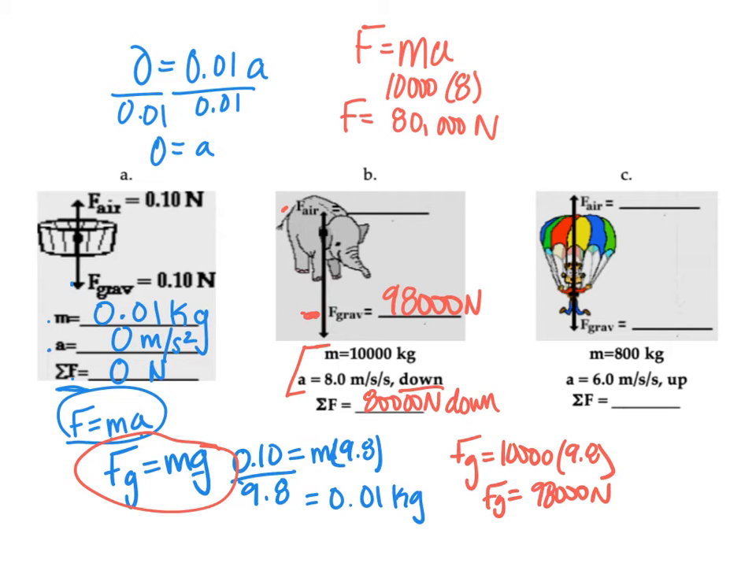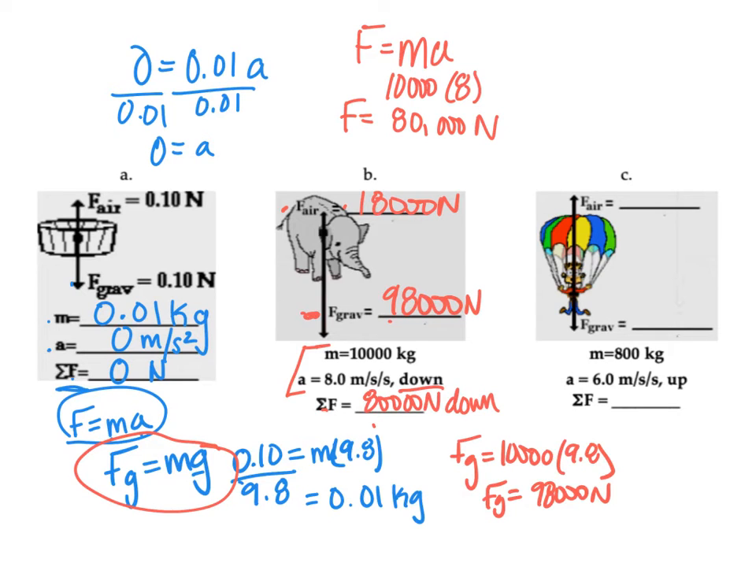So 98,000 minus 80,000 is 18,000 newtons. So if you go back and you say have your arrows, you subtract 98,000 minus 18,000 is going to equal that 80,000. All right. For this third one in the row, I'm not going to work this one out, but